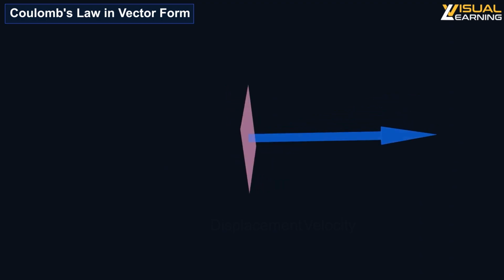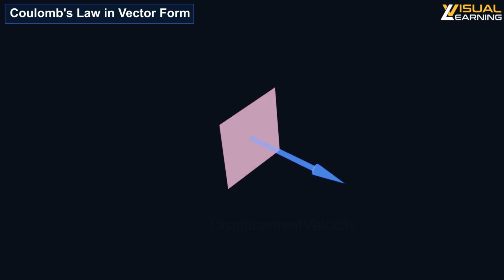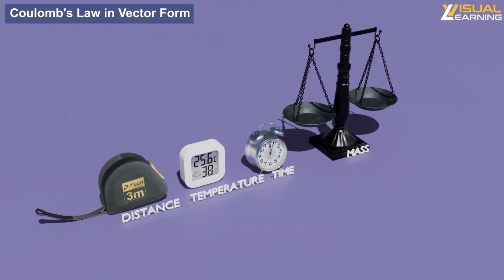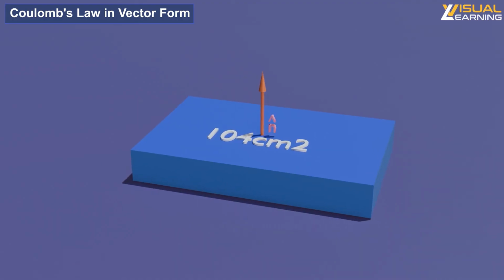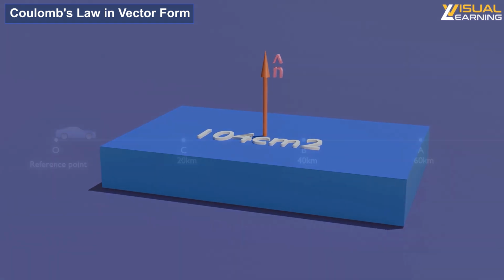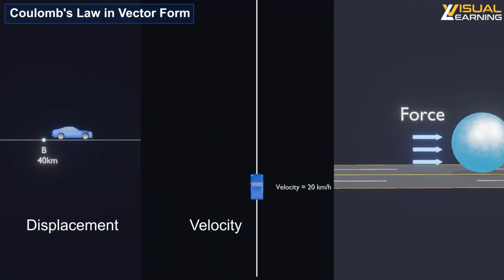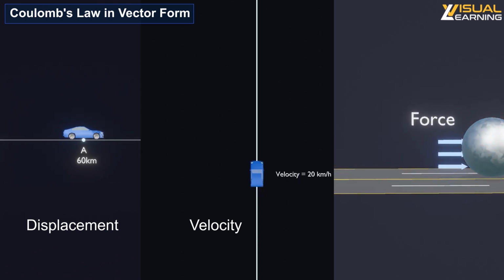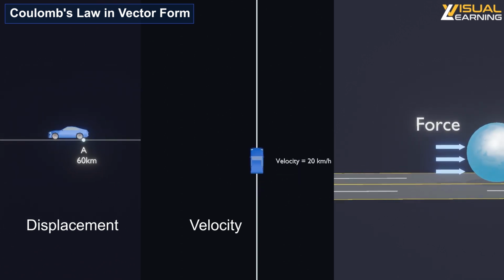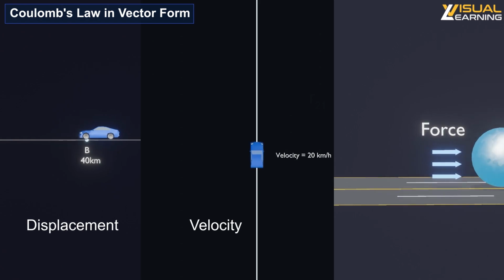In previous classes, you must have heard about vectors. A vector is a physical quantity that has both magnitude and direction. For example, displacement, velocity, or force. In all three examples, we can see that these quantities have a specific direction, which is why they are called